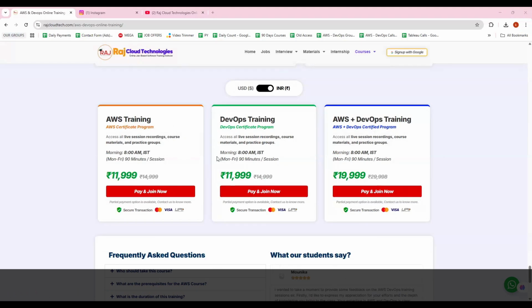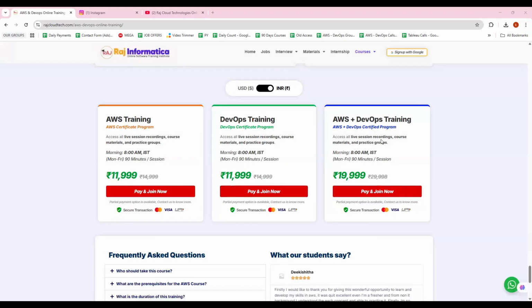If you want the combined program, both AWS and DevOps, you can go for that too. We divided the curriculum this way because many people want only AWS, many go for only DevOps due to their project requirements, and someone who doesn't know anything about cloud needs both AWS and DevOps. That is why we have designed this program in different modes.